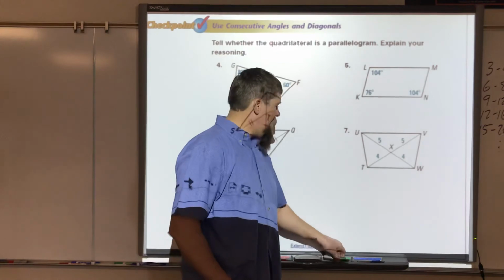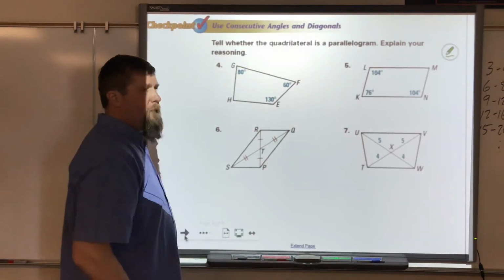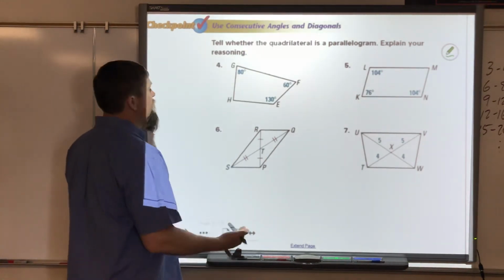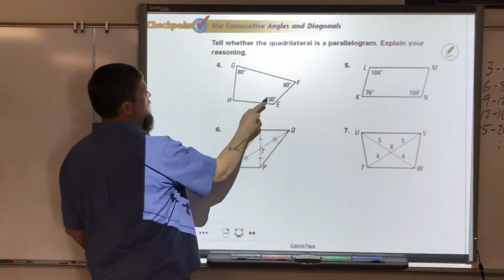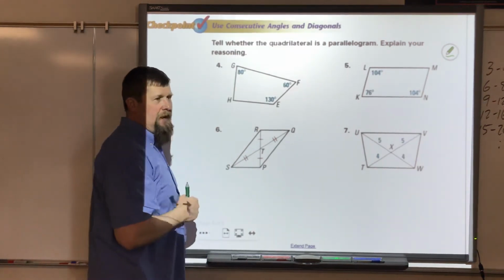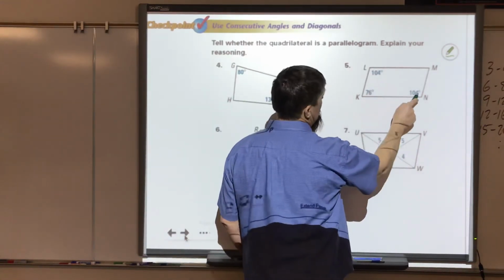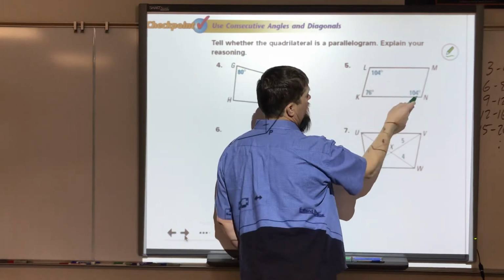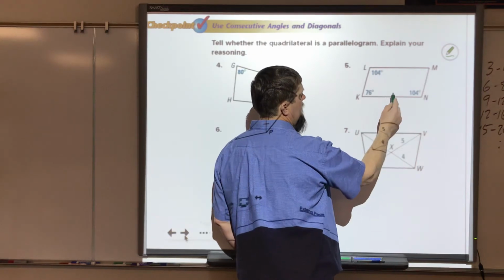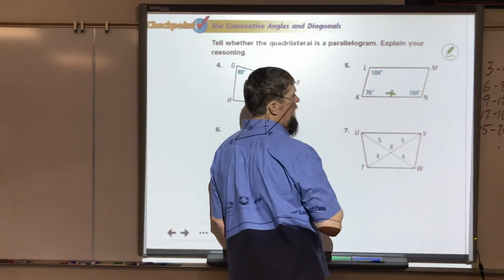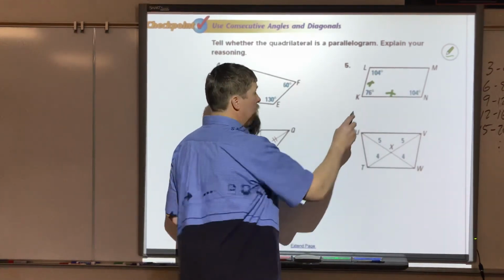Okay, again, welcome back. Let's go over this. This one, rather than saving time by writing it, I'll just explain it here and hopefully you have it written down. It says tell whether these are parallelograms. This one is not because the opposite angles are not congruent. Number 5 is opposite angles are congruent, but we got to look at consecutive angles supplementary. And if I added these two up, that add up to 180. If I add these two up, they do add up to 180. So this one would be yes,